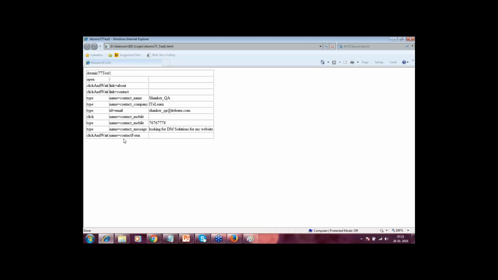Frankly speaking, even though the script is like 7 to 8 lines, similar commands have been repeated. Open is one new command you have learned, click and wait is one new command, type is one new command. That's it, only 3 commands. Sorry, click is also there. There is one more. So only 4 commands you have learned from this example. The remaining is just repeated because the same controls are getting repeated. Same text boxes are there, when we do different things like